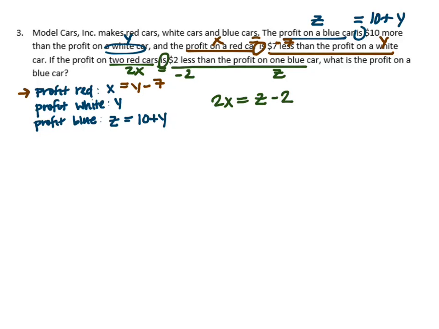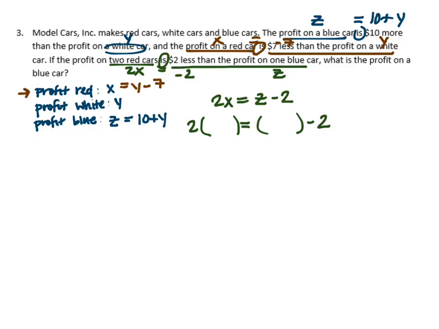If I know that, and let's start back. If I know that X is the same thing as Y minus 7, I can substitute Y minus 7 where I see X. If I know Z is the same thing as 10 plus Y, I can write 10 plus Y where I see Z. So let's go ahead and actually pop in those expressions